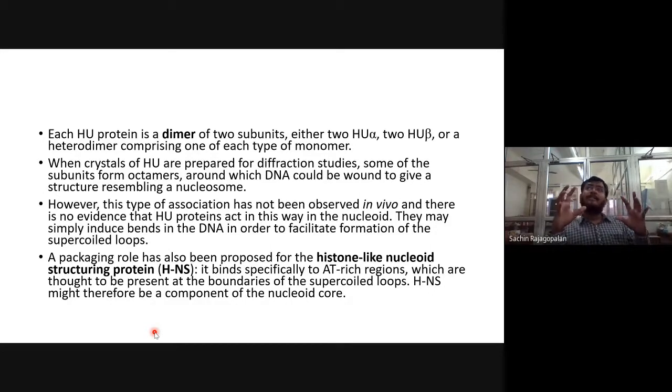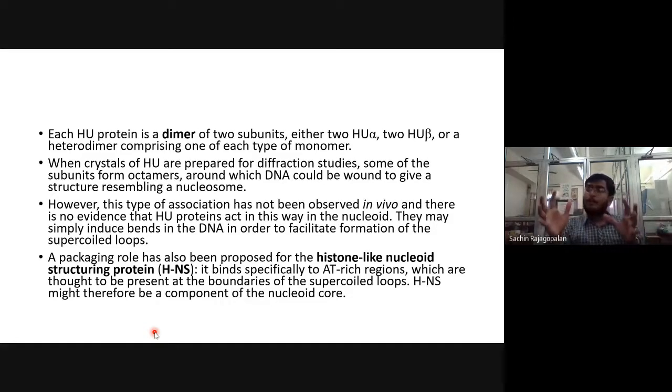जब इन प्रोटीन्स को लैब में स्टडी किया गया, इन विट्रो स्टडी किया गया, तो ये देखा गया कि ये प्रोटीन्स ऑक्टामर भी बना सकते हैं। ऑक्टामर मतलब क्या? 8 सबयूनिट्स जो हैं वो डीएनए के साथ एसोसिएट हो सकते हैं। This resembles just what is present in the case of a eukaryotic structure, the nucleosome. वहां पर ऑक्टामर होता है हिस्टोन प्रोटीन्स का।